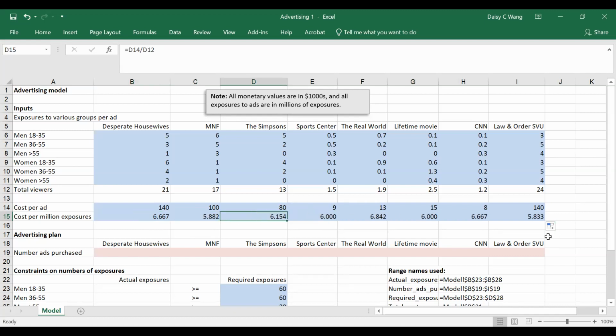So this is just to show you, intuitively, we would try to use the cheapest one, which is 5.833, right? Yeah, 5.833 and then 5.882. So those two are the cheapest ones. So in theory, we say, oh, these are cheaper. We can get more exposure with the same budget if we buy this. But